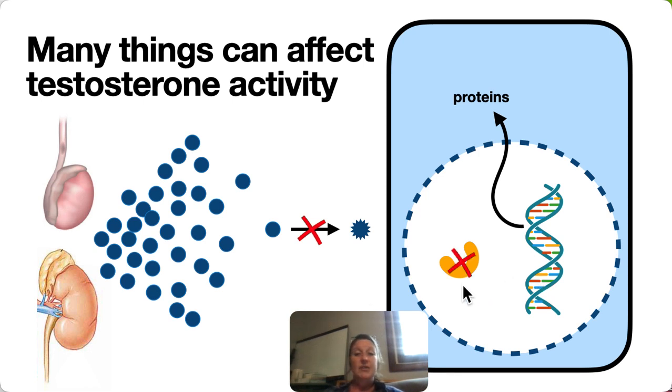And then we can have differences in terms of the receptors. Some people have receptors that are less sensitive to testosterone or less obedient when testosterone arrives than other folks. Sometimes these receptors aren't responsive at all. So you may as well not make testosterone because nobody's going to listen to you. Okay? All of that affects the degree to which the cells produce the proteins that give us the traits that we associate with testosterone.